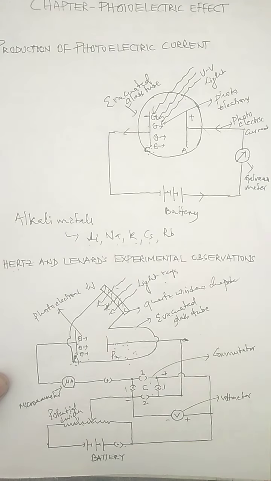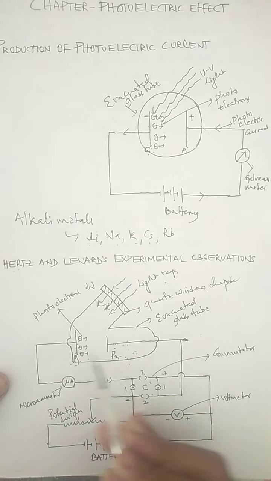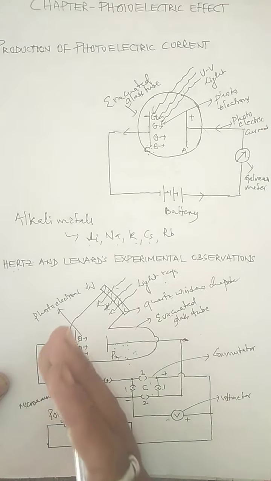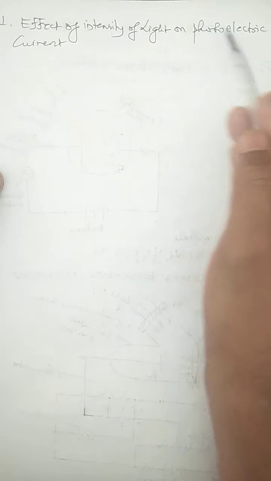Doubled. So this means that the photoelectric current, which we also call the rate of emission of photoelectrons, is directly proportional to the intensity of what? Light. When the intensity of light increases, the rate of emission of photoelectrons increases. When the rate of emission of photoelectrons increases, the photoelectric current increases. In order to emit more electrons from this plate, you have to increase the intensity of light. So children, these two scientists made one experimental observation, and one of the first experimental observations found with their experiment on photoelectric effect is the effect of intensity of light on photoelectric current.